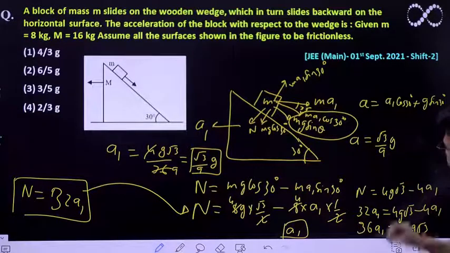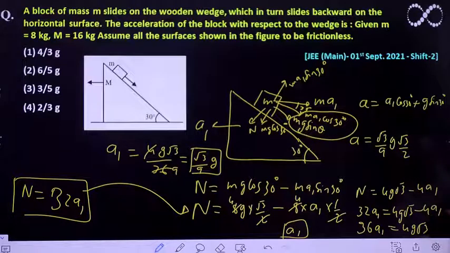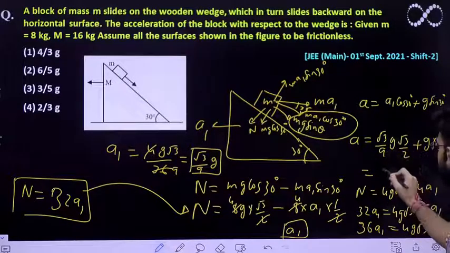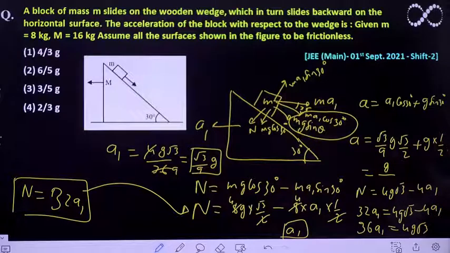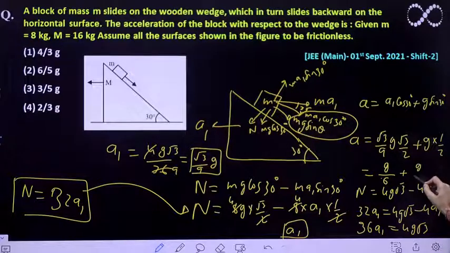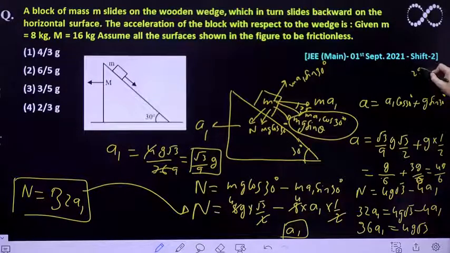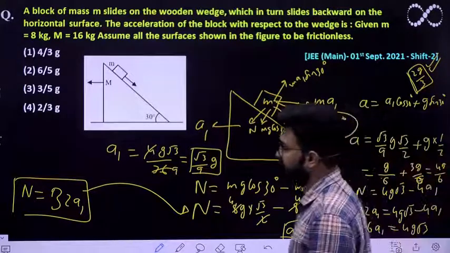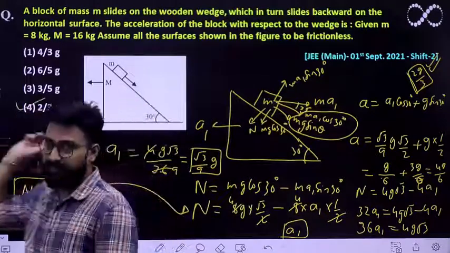Cos 30 degree is root 3 by 2, plus g sine 30 degree. Sine 30 degree is half. Okay, so that means eventually you'll get this expression as g, 3 3s are 9, 3 to the 6, plus g by 2. So multiplying above and below with 3, you'll get 4g by 6. So that means you'll get it as 2g by 3. That is our final answer that we are getting. So that means fourth is our correct option.